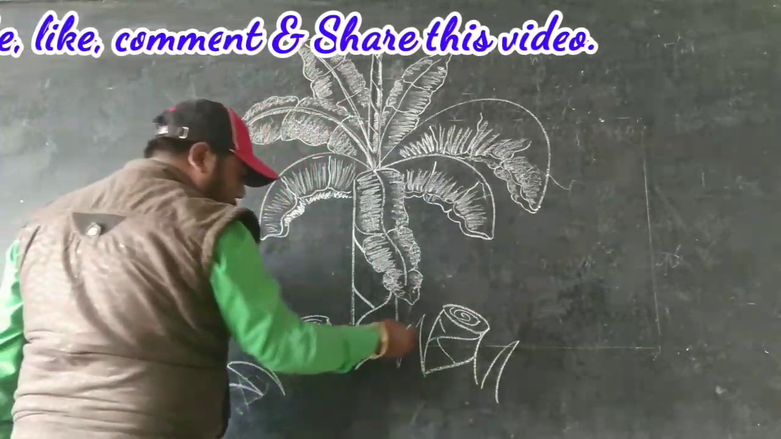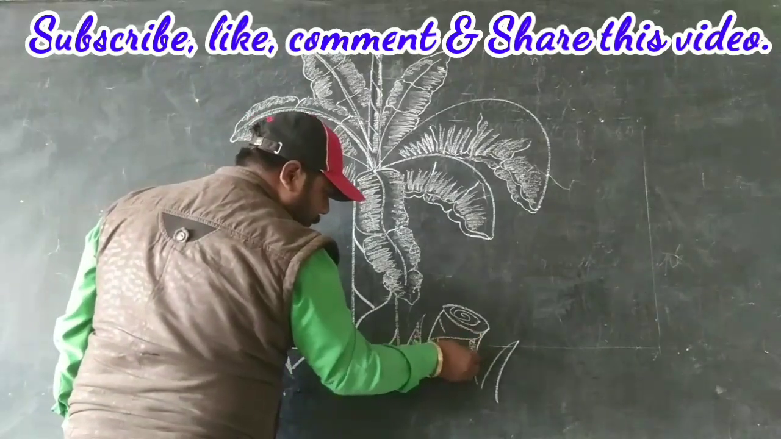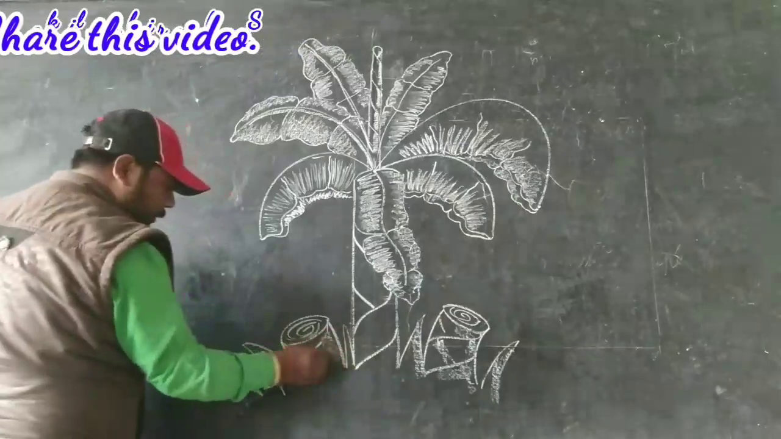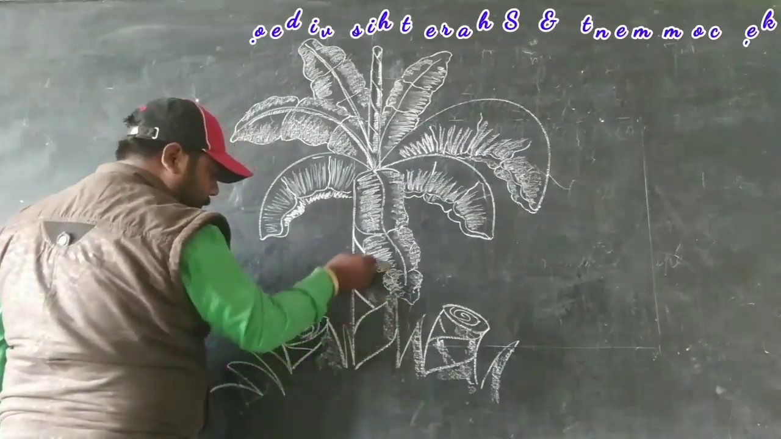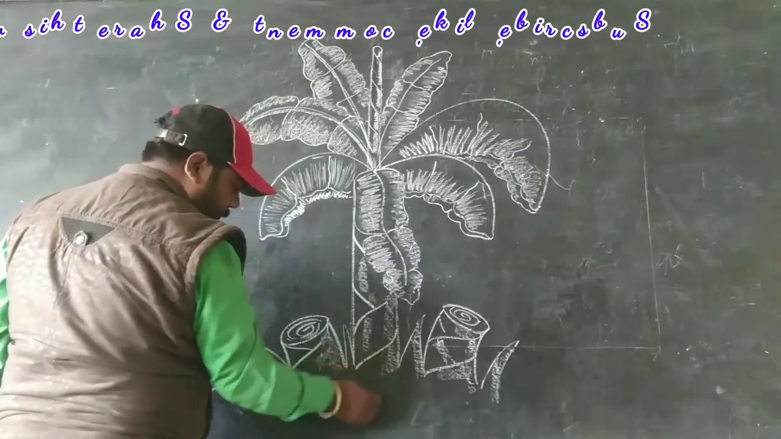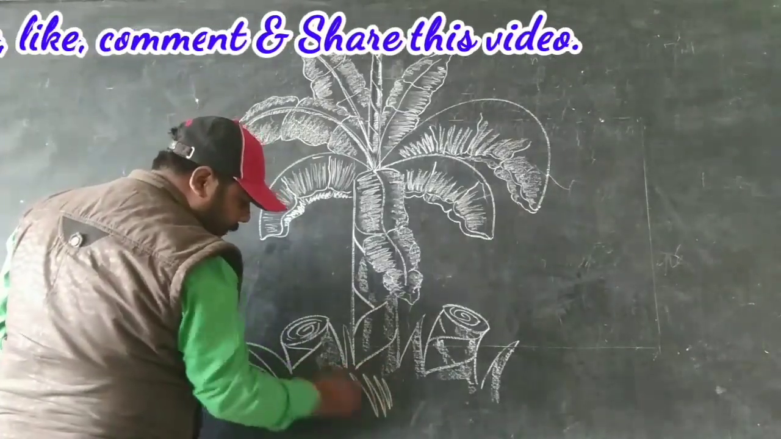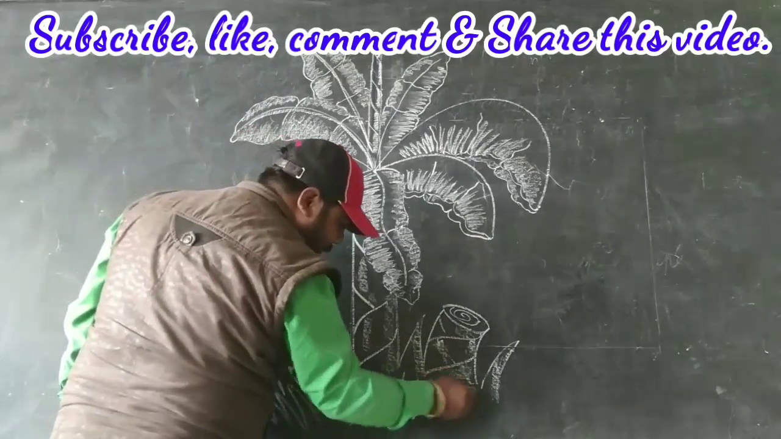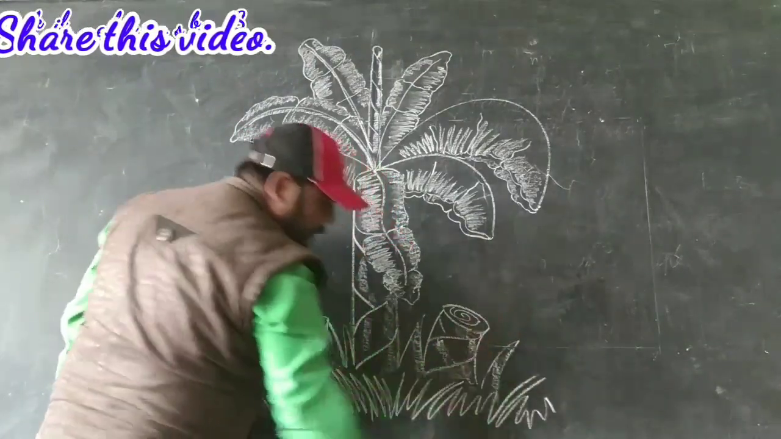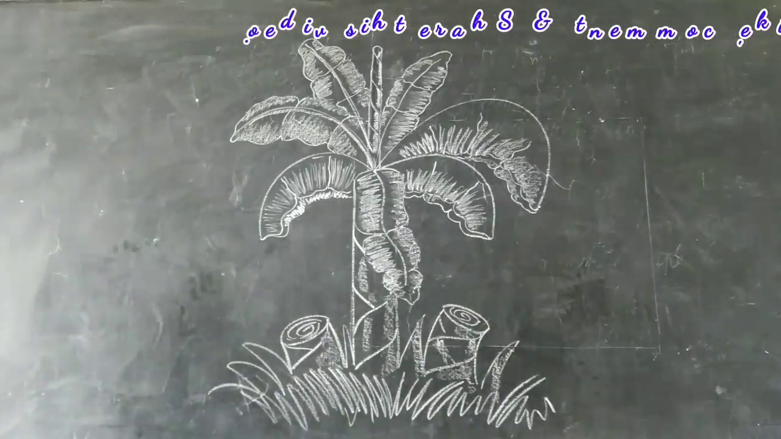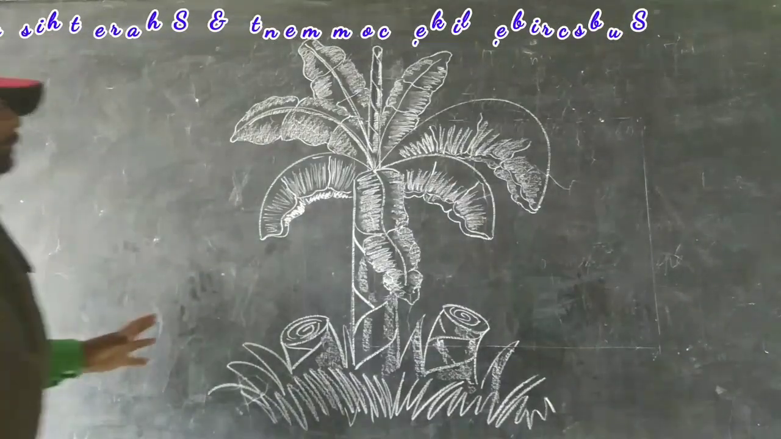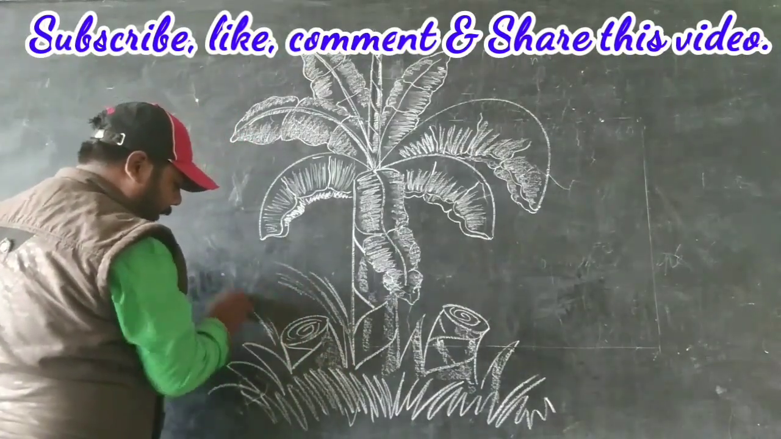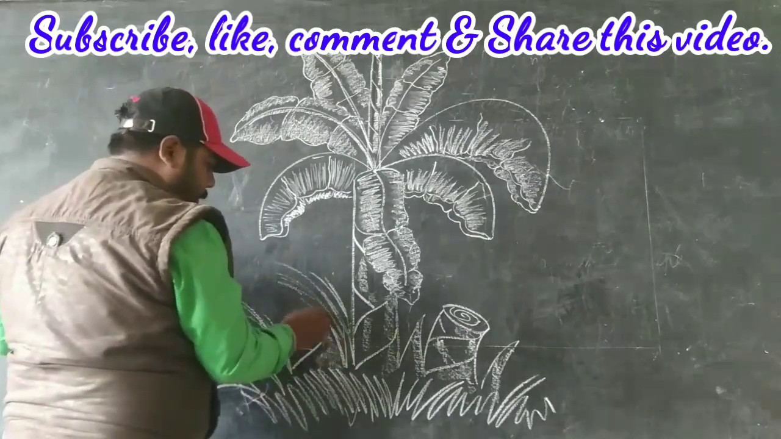Okay, and now as it's telling, you are here and some zigzag lines you can use here for grasses. Okay, everybody have any confusion? Okay, thank you. Now you see that when you will see, you can understand that your banana tree is